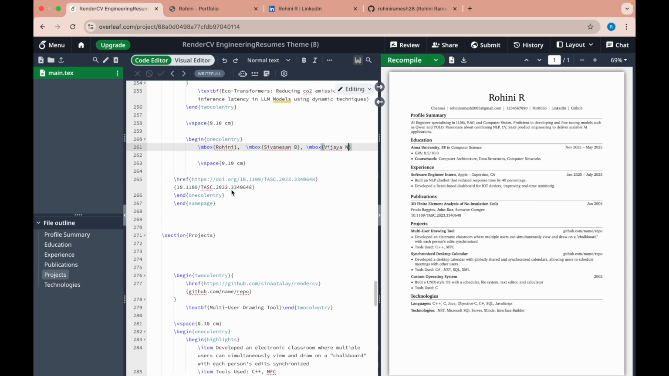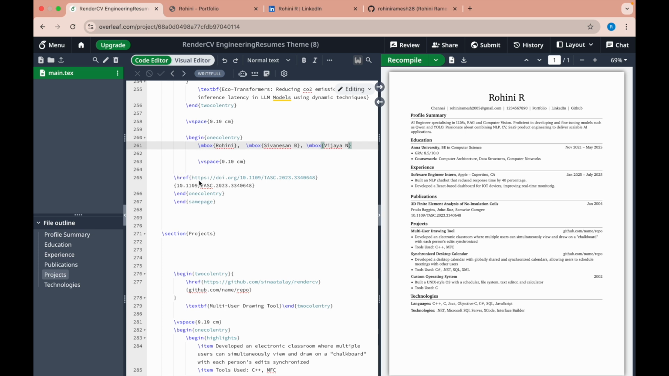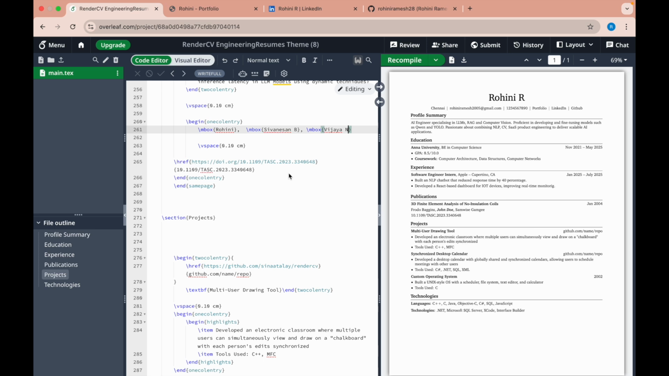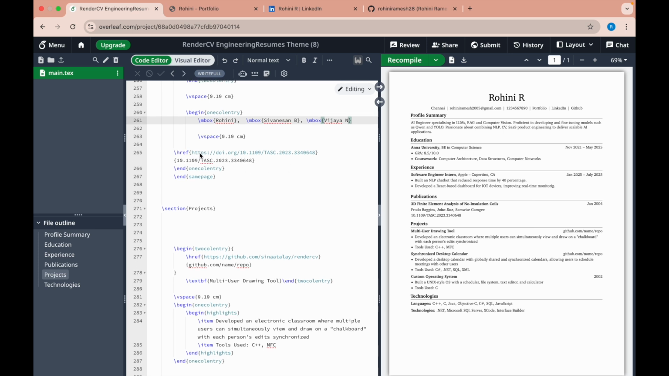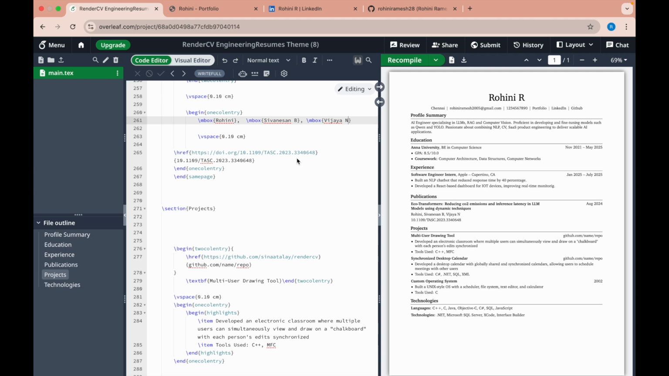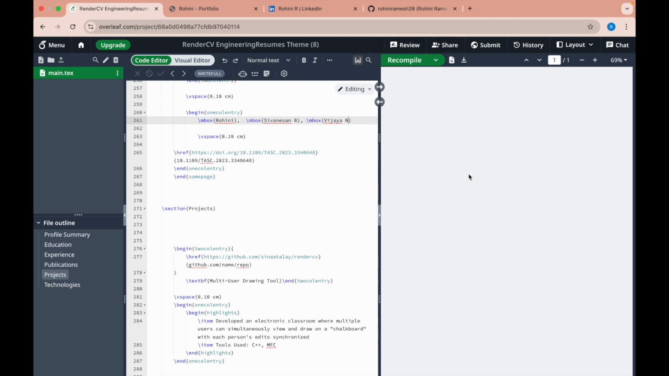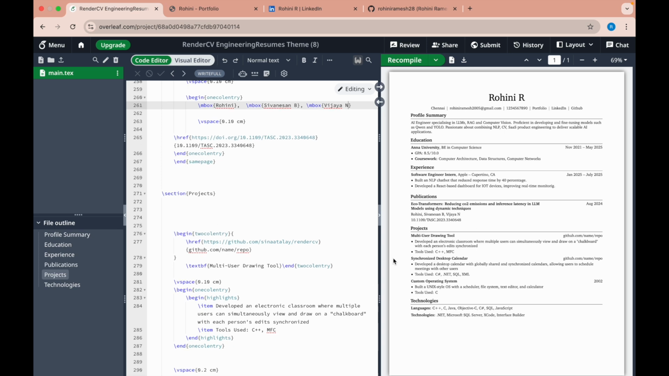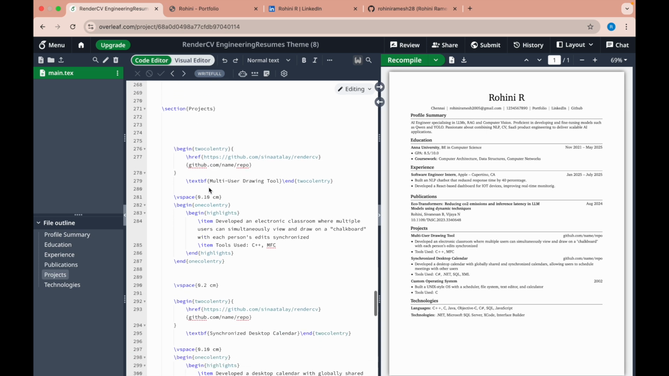Okay, and in this line, you replace the sample DOI with your actual publication link, so recruiters can verify it instantly. I am not replacing it now, but you can replace it with your original link. After that, you can recompile and see whatever changes you have made here. Yes, in the publications section, you can see the changes we made. And next is